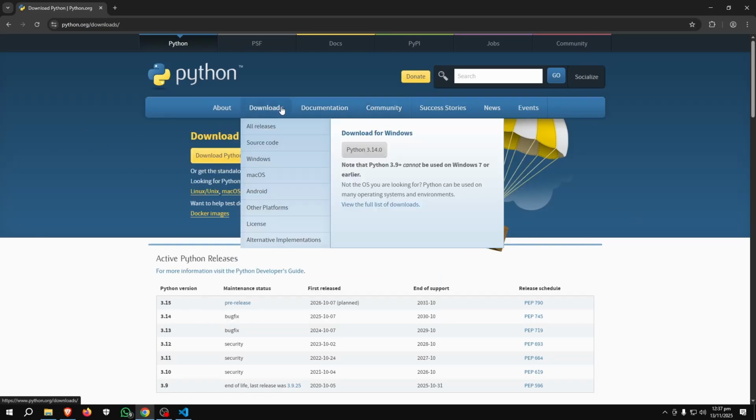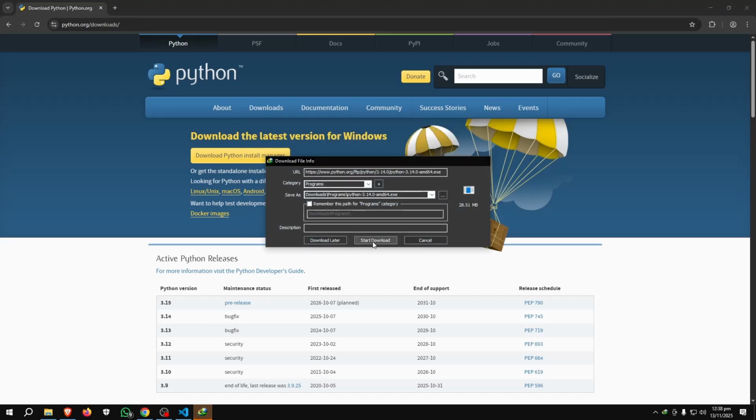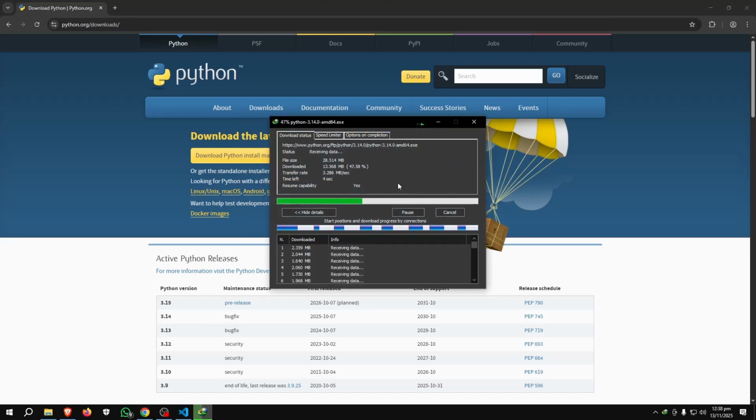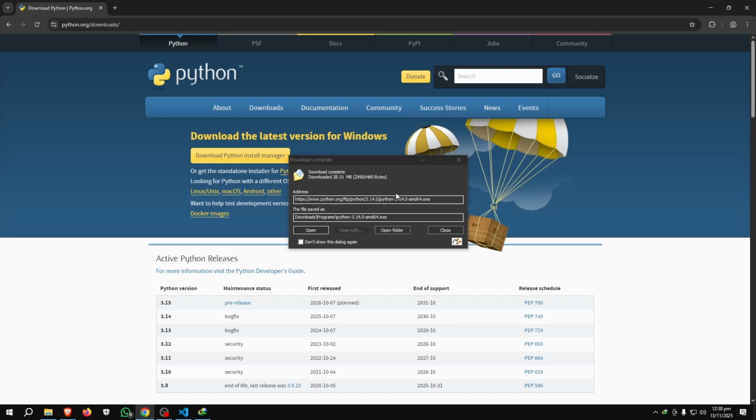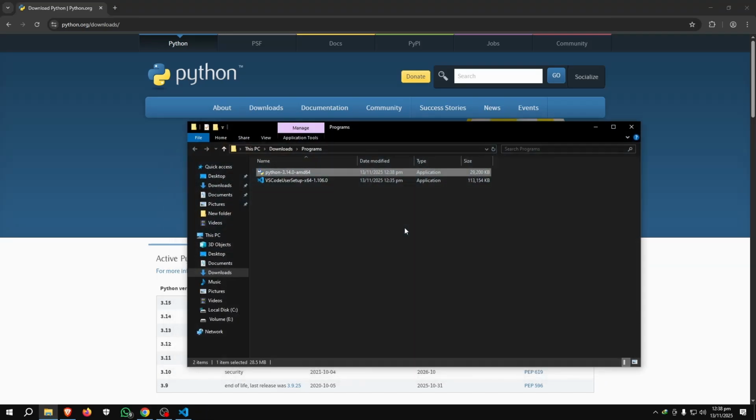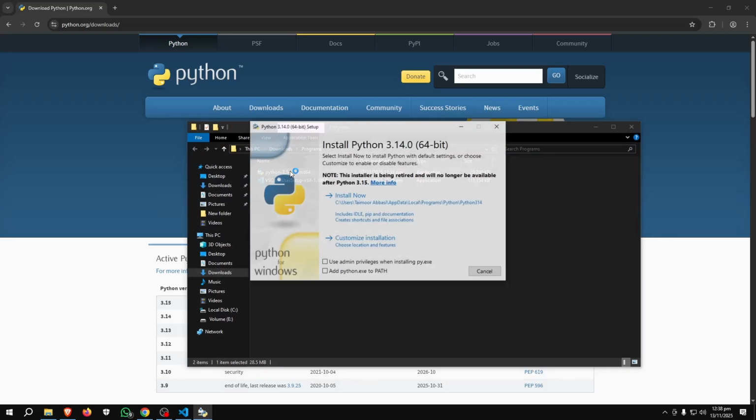Go here, downloads, and this is the latest version, 3.14.0. Click on it, and now our Python is also downloading. And here our Python is downloaded. Open folder. Now click on this installer. In order to install it, click on,